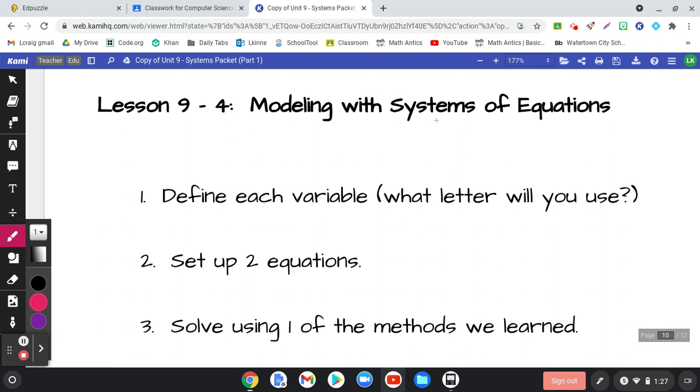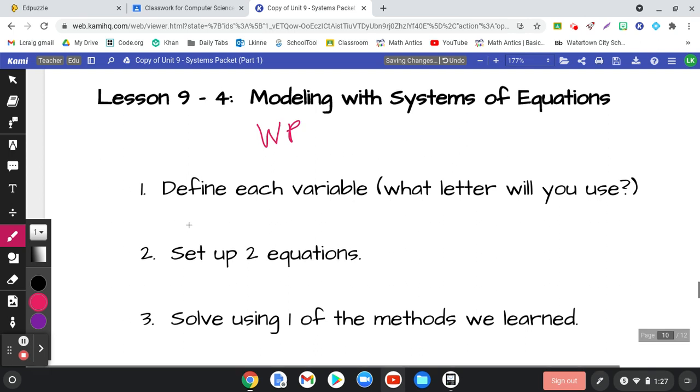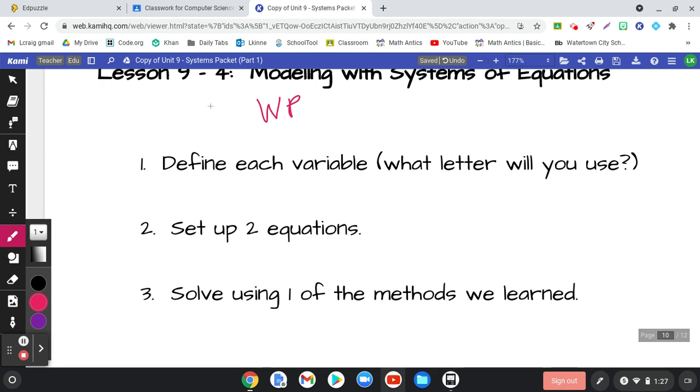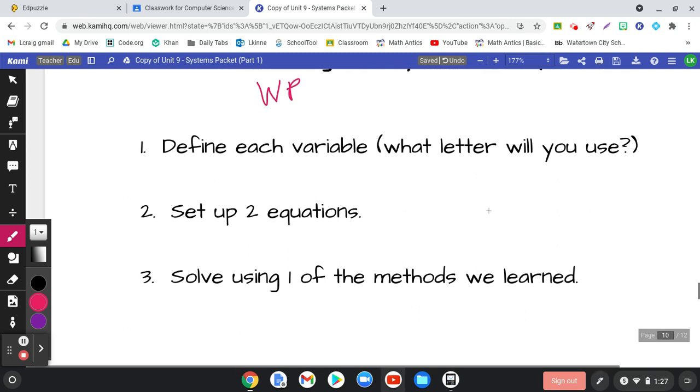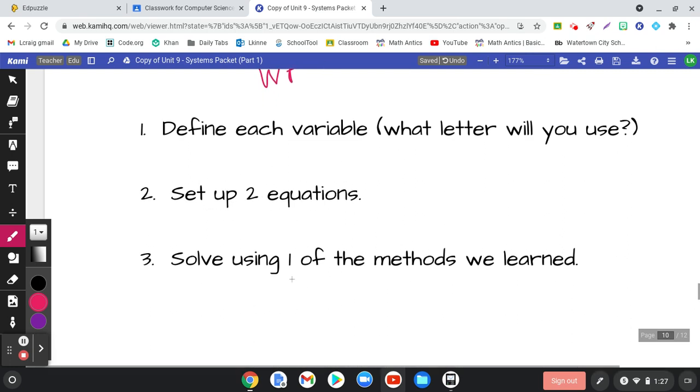So we have modeling with systems of equations, which is basically a fancy name for word problems. Don't be afraid of word problems. They're really not that bad. So here are some steps. I actually remembered to put the steps down this time so you don't have to write them in. Define each variable. There are going to be two variables for each problem. Tell me what letter you're going to use. You're going to set up two equations